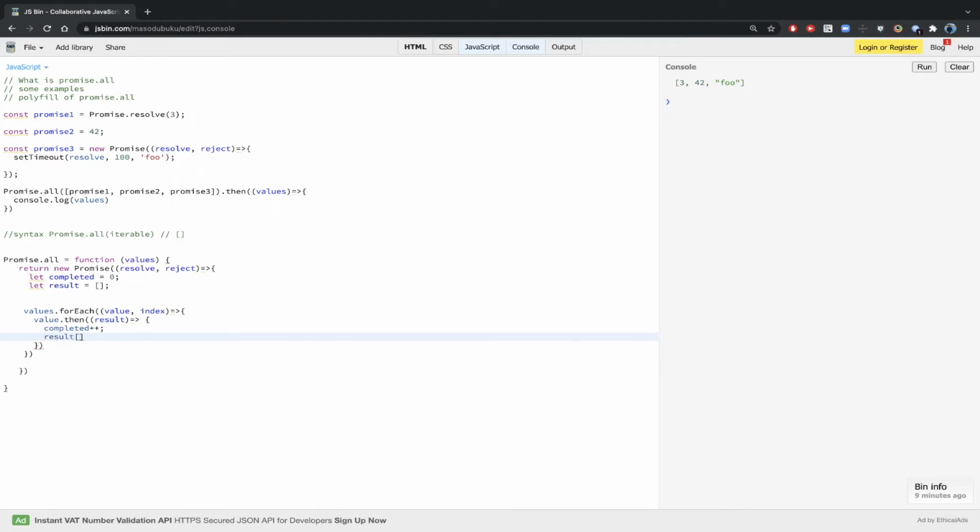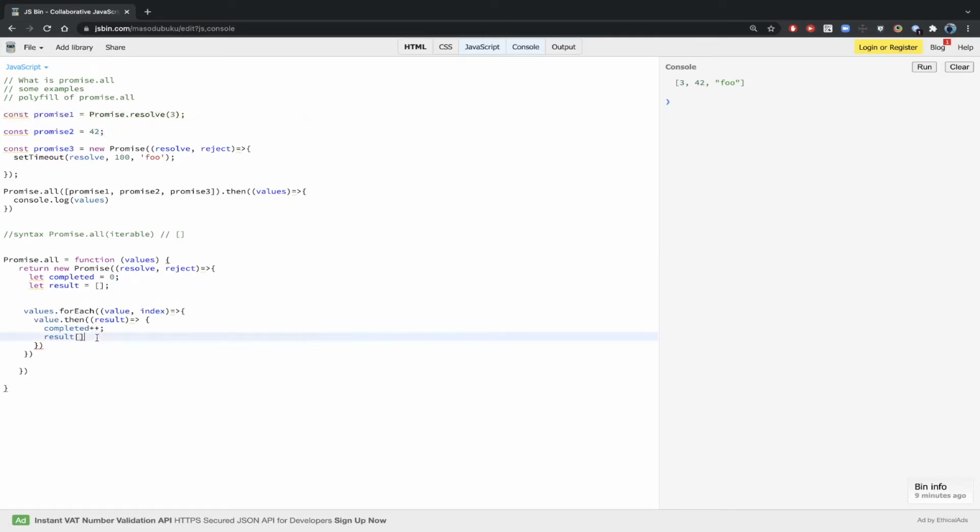But we have to maintain the order as well. Let's say we had these 3 promises here, and I have a promise 2 which resolves first. So the first one coming inside this block will be this particular one, right?